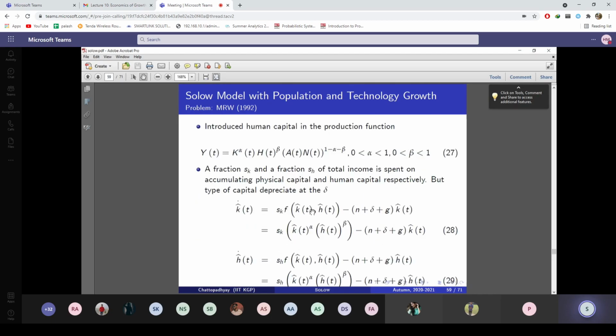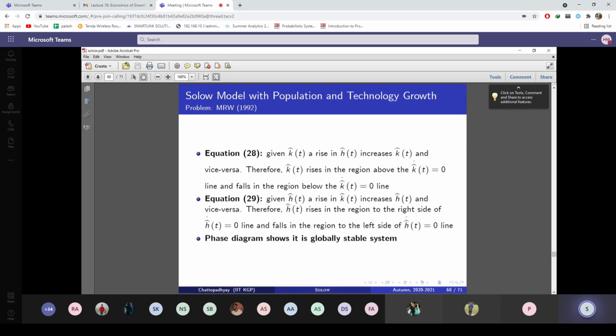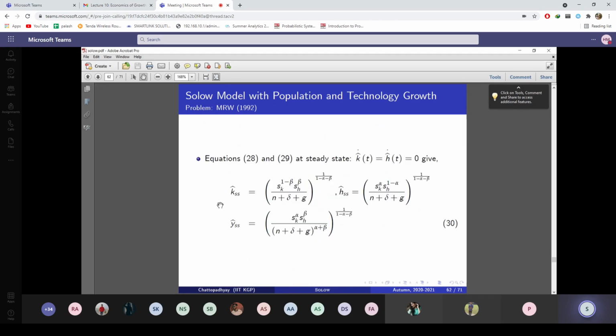The syllabus is basically this fundamental equation, the derivation of the fundamental equation, k hat and h hat, and after solving this fundamental equation at the steady state, getting these three values, kss hat, hss hat, and yss hat. Getting the intuition of this substitution between capital and human capital is there, since it's a Cobb-Douglas production function. So it doesn't matter whether you save more to accumulate physical capital or human capital. Either of them rises, both the factors will rise and output will rise.